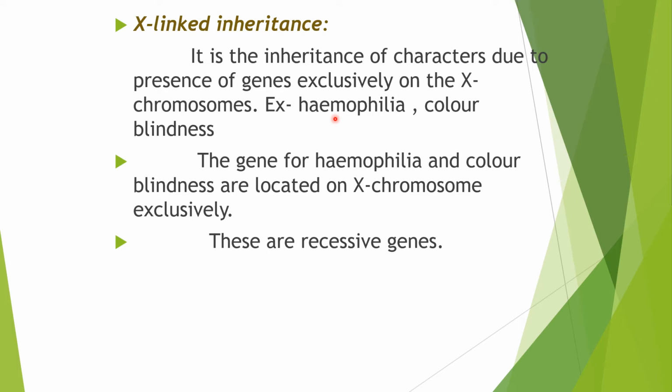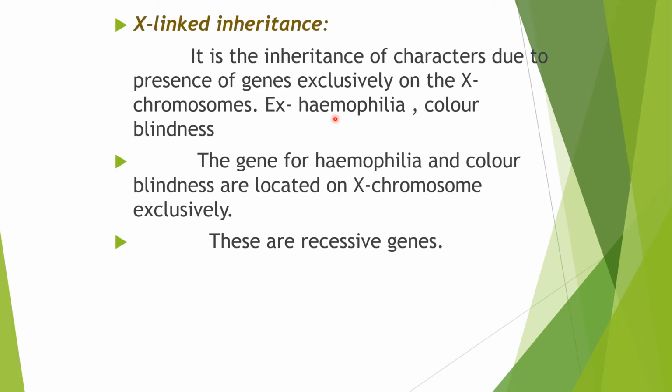And why is there an absence of clotting factor? Because the gene is defective. Since the gene is defective, it cannot express itself. And since it is not able to express itself, the protein is not synthesized. And as a result, the person suffers from hemophilia, in which the blood clots very, very slowly. This is also referred to as the bleeder's disease because a minor injury might result in excessive bleeding,